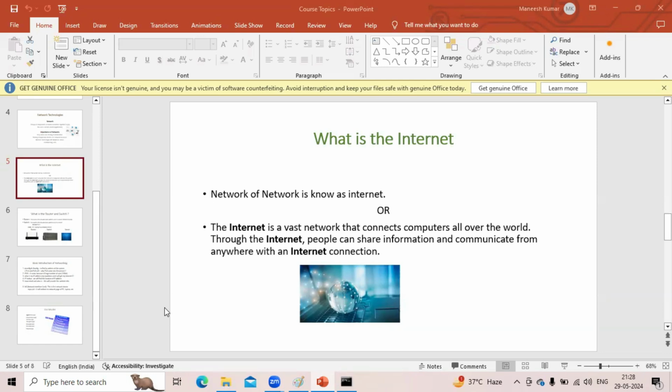Without the internet we cannot share any information. Whether it is wired or wireless, you simply assign an IP address to each and every system. The internet is a kind of carrier. It carries your information over the network.